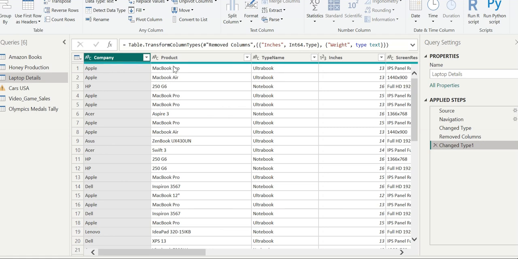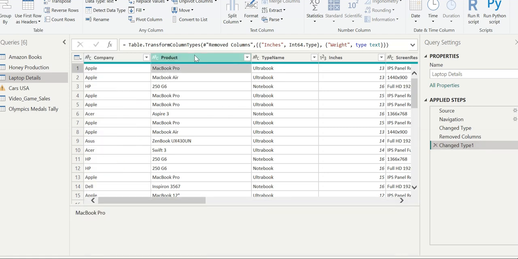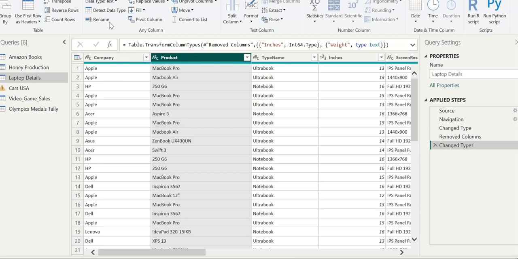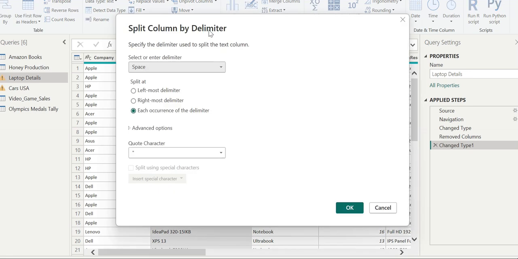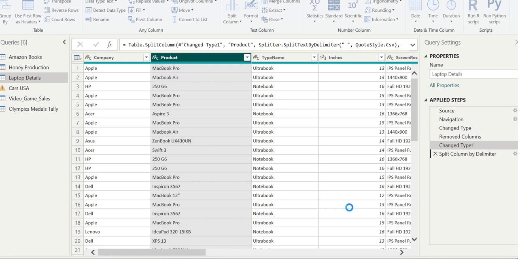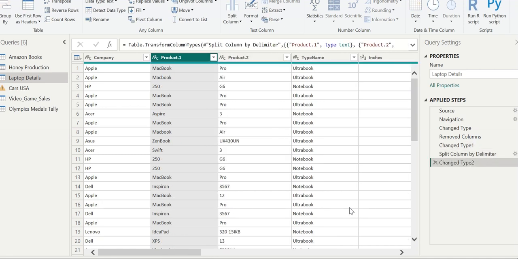So what we are going to do again, we will go to the product column and we will go to split column by delimiter, each occurrence by space, and we will select it. Now here you will see that this product column has been split into two, product 1 and product 2. Now let's undo the changes, and now we can apply a transformation on type name.